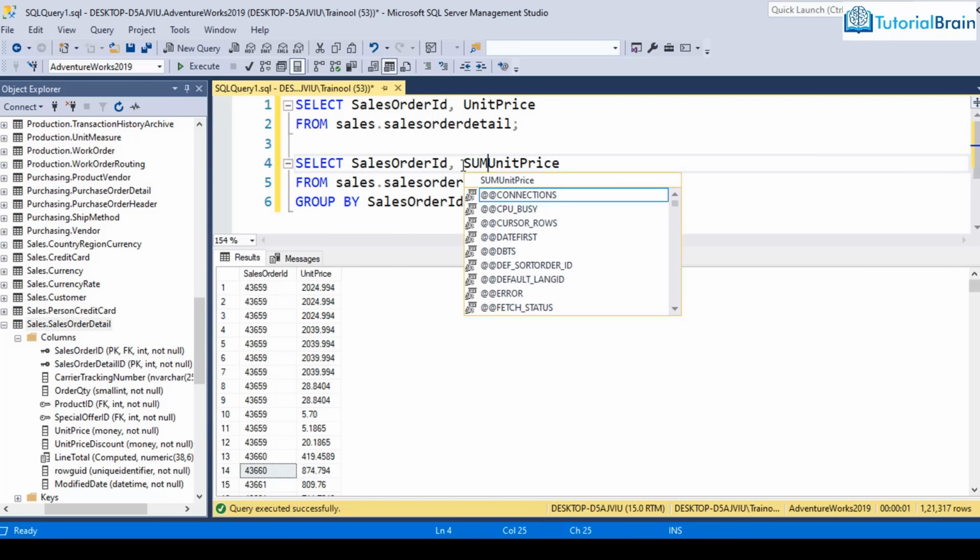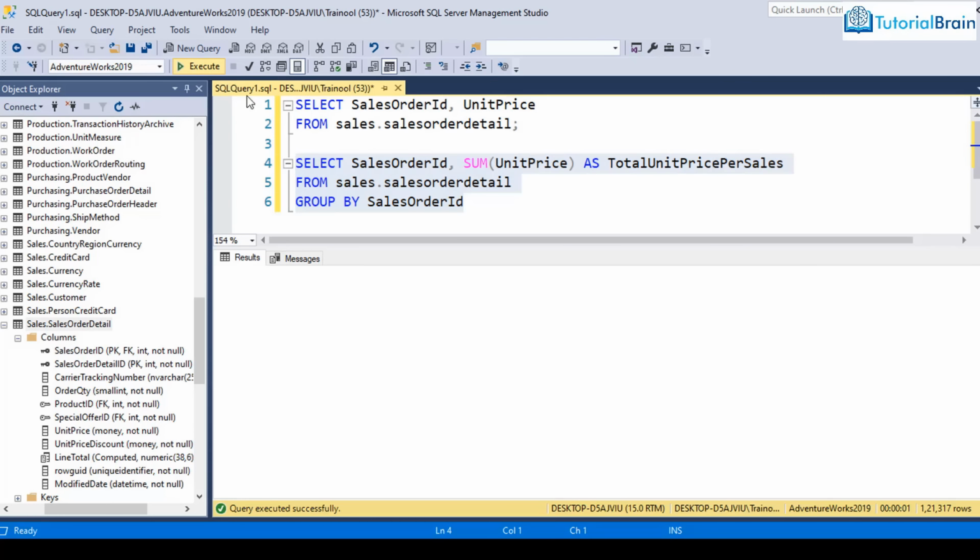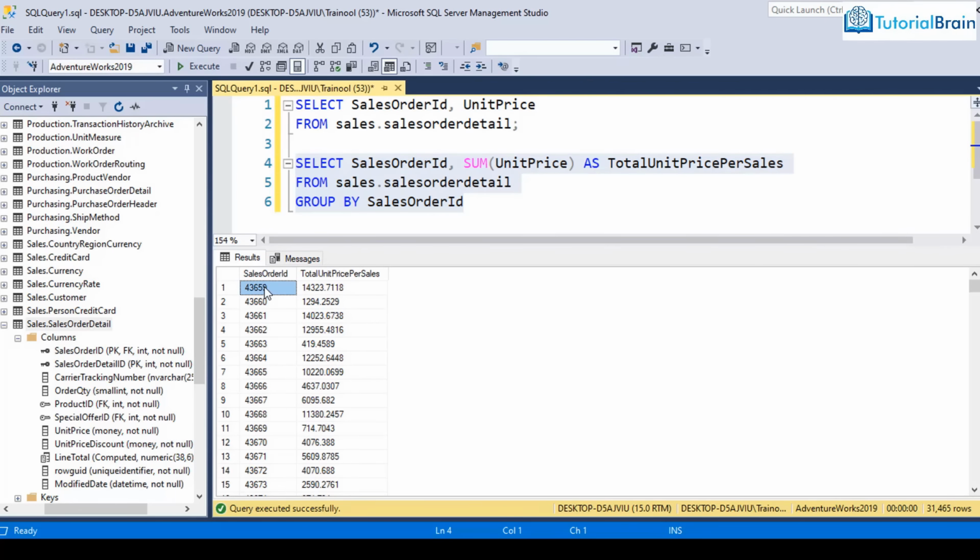So this is one of the aggregate functions, and if I give an alias, let's say total unit price per sales, and execute this, you see for this particular sales order ID, that is 43659, the total of unit price is